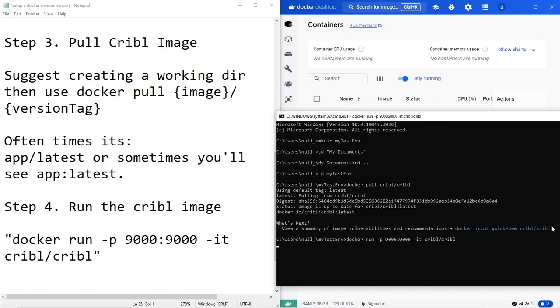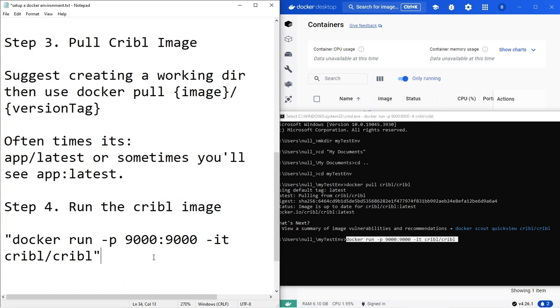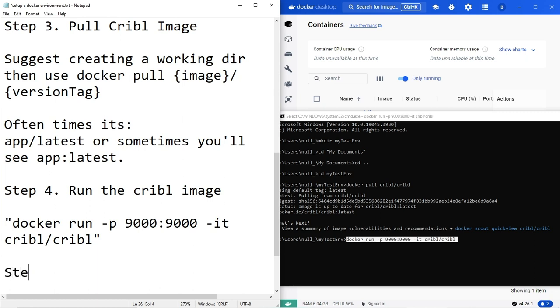All right, so while that runs, I pressed return after all of that, or enter on my keyboard. We'll talk about what this is. So the -it, the -p 9000, and then obviously docker run. So docker run is the core command that's going to tell it to run an image. You can specify a lot of different options like persistent volumes for storage, port numbers. You can tell it whether to run in the foreground or run in the background as a daemon or a